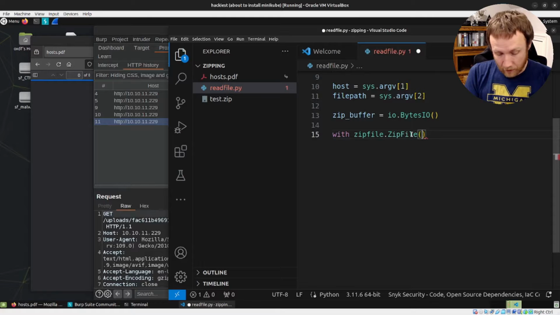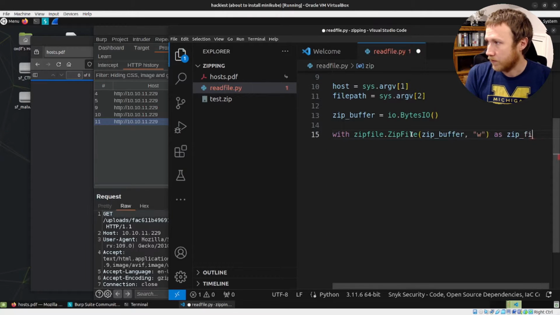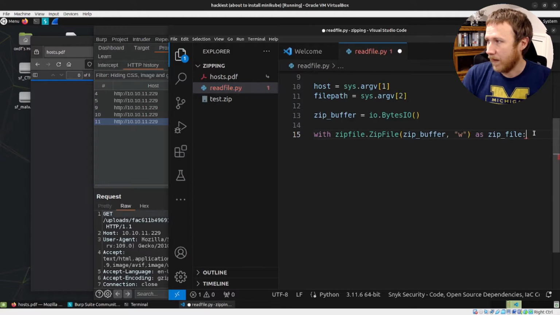Now I'm going to use the zip buffer as my zip file that I'm opening for writing, as zip file. So now we've got our file handle object to the zip file, which is going to be our handle into the IO buffer. We could put a file in there, but the problem is we need to make sure this gets set up as a